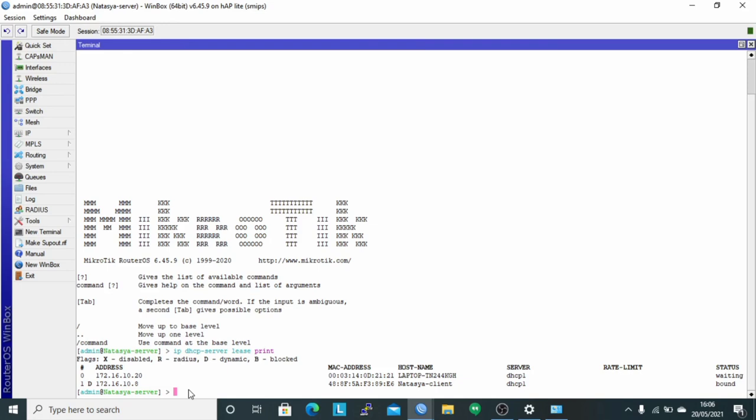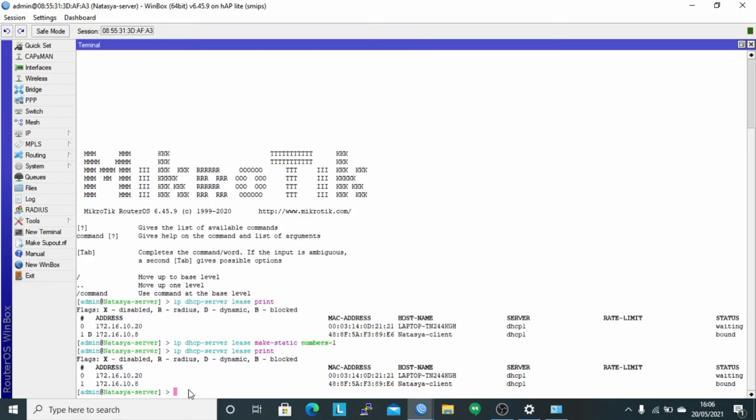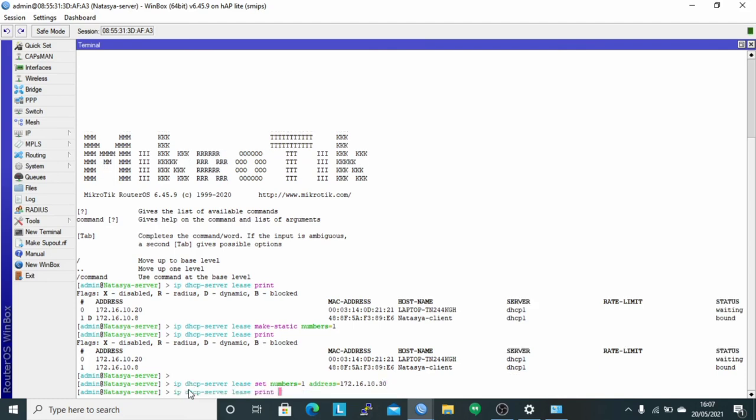And then I change the address to static with the command IP DHCP server list make static number 1, and I change the IP address according to the topology with the command IP DHCP server list set number 1, and the address used is the address according to the topology, namely 172.16.10.30, and check.